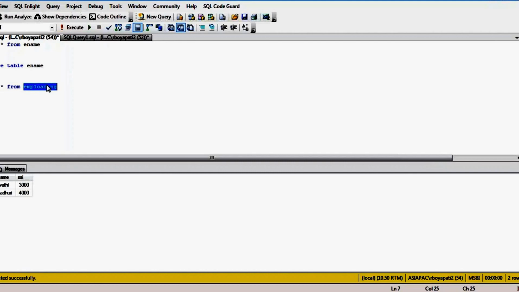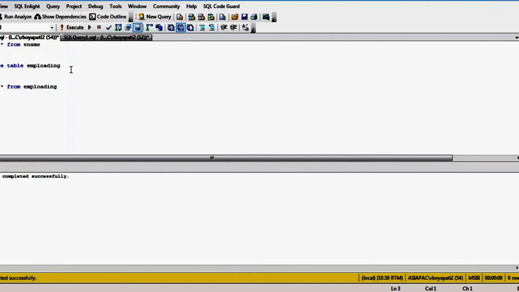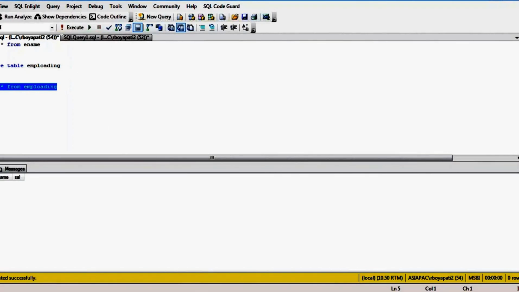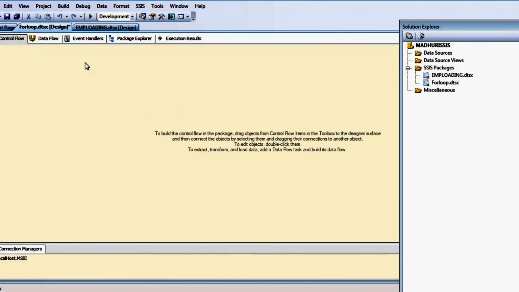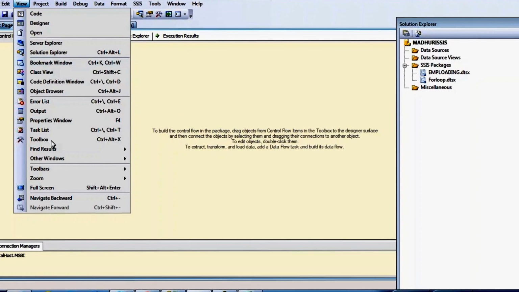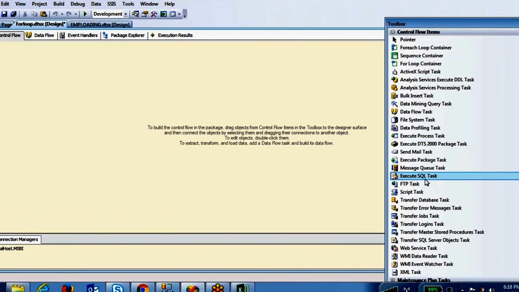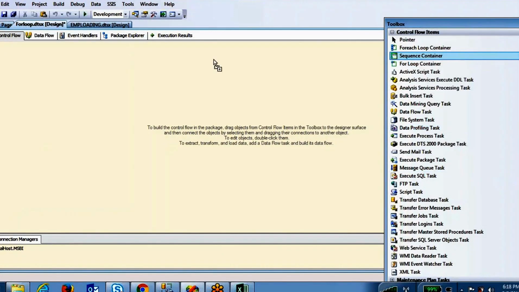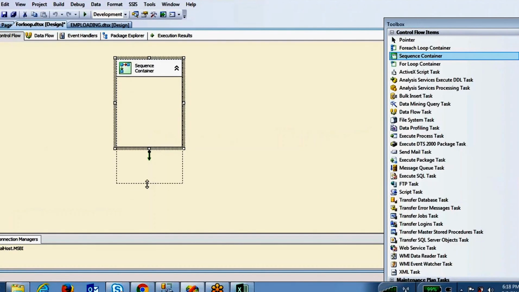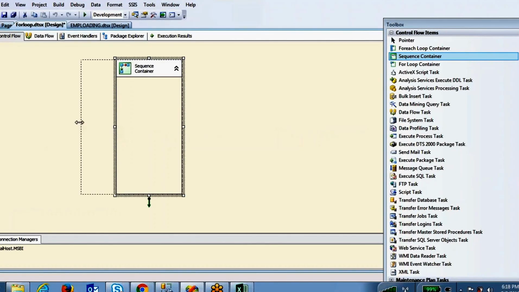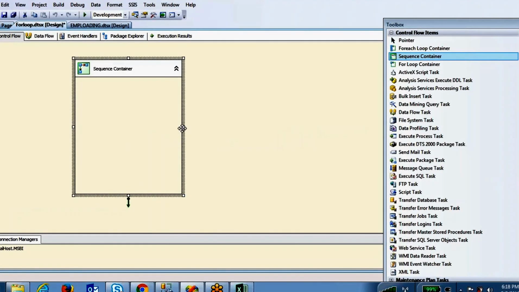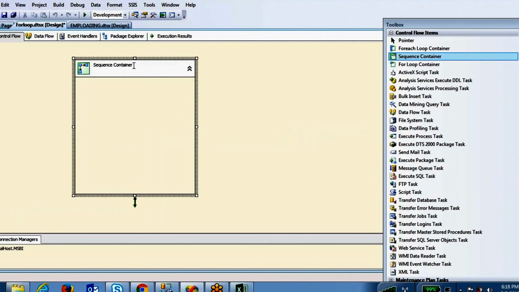I want to truncate this table before we load. For truncating, you can take one execute SQL task. Why would we do it manually? Take one sequence container, and you should always give names and write a description of what purpose you are going to use it for.